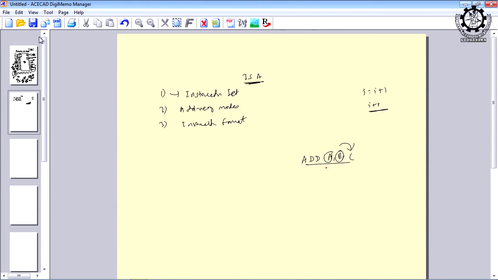One advantage is that in one instruction, you are clearly specifying source, destination and the entire operation is completed in one instruction. But at the same time, what is the disadvantage? The instruction length will increase. So, the space required for the program may be higher and the memory space required to store this instruction may be higher. So, these trade-off issues we are supposed to discuss and we should come up with an efficient design. But for 8085 we cannot change. So, wherever some limitations are there, you have to identify.